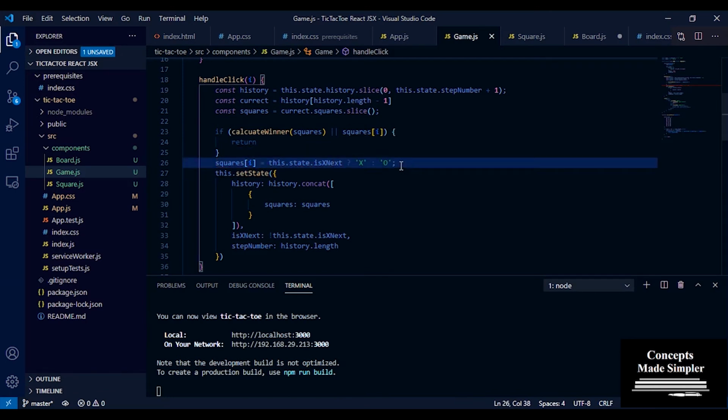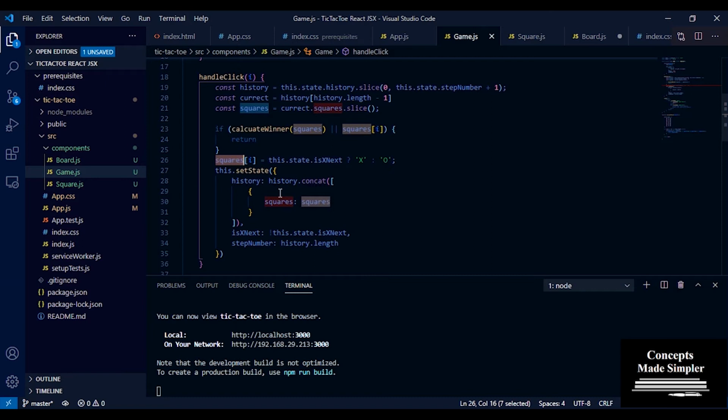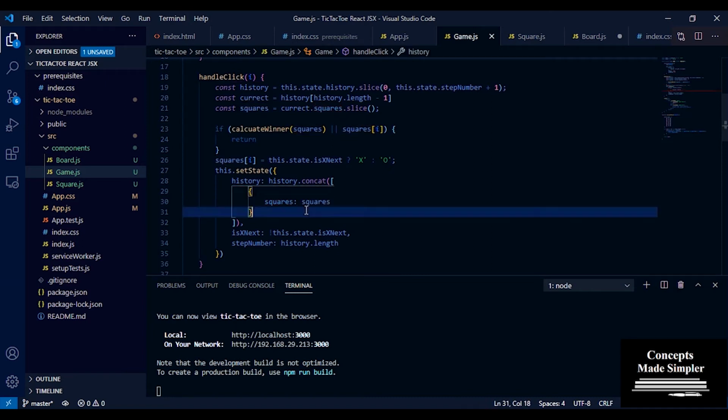We discussed this earlier, and we insert the current player into our squares. Then, because we want to maintain history, instead of manipulating the last current history, we append another object to it, and concat takes in another list and appends it to the existing list.